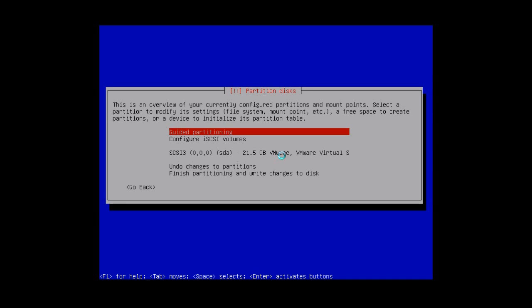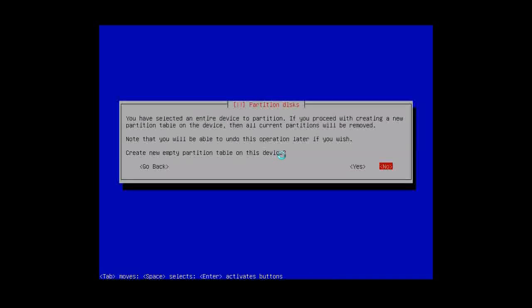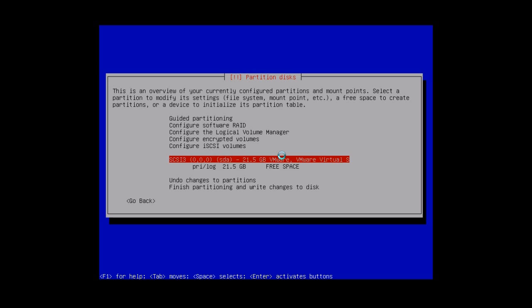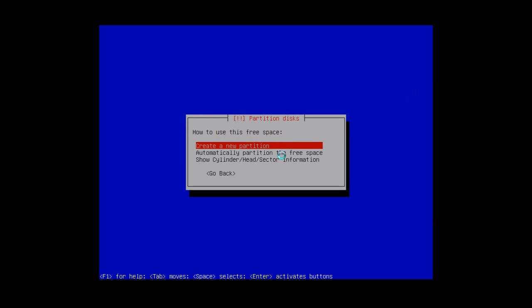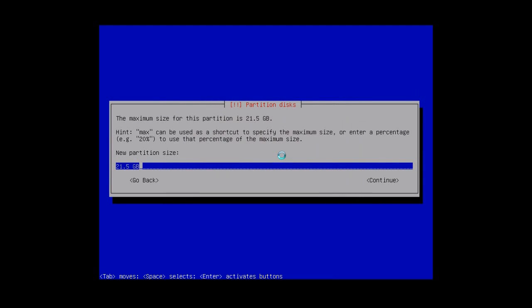Use your arrows to go down to your hard drive. As you can see, I have a 21.5 SCSI disk in my VMware. Press enter. Select yes to create a new partition. You can see down here it says free space 21.5. Select it and press enter again. Select create a new partition. And now you have to tell the installation process how big this partition should be. I'm going with 1 gigabyte, and